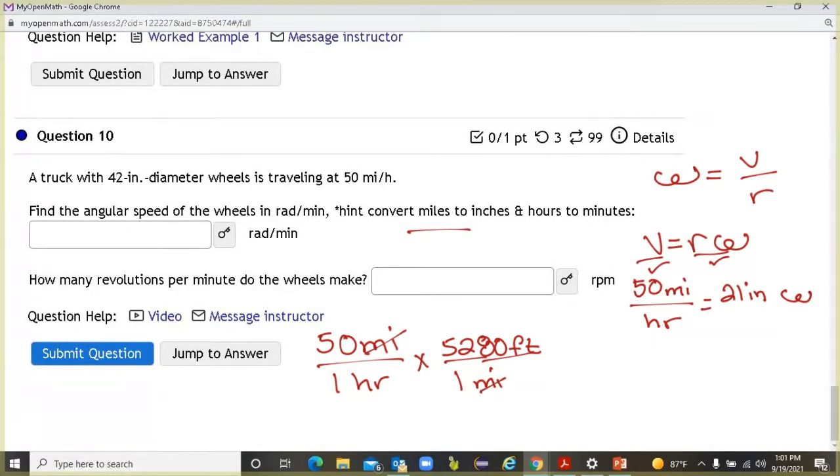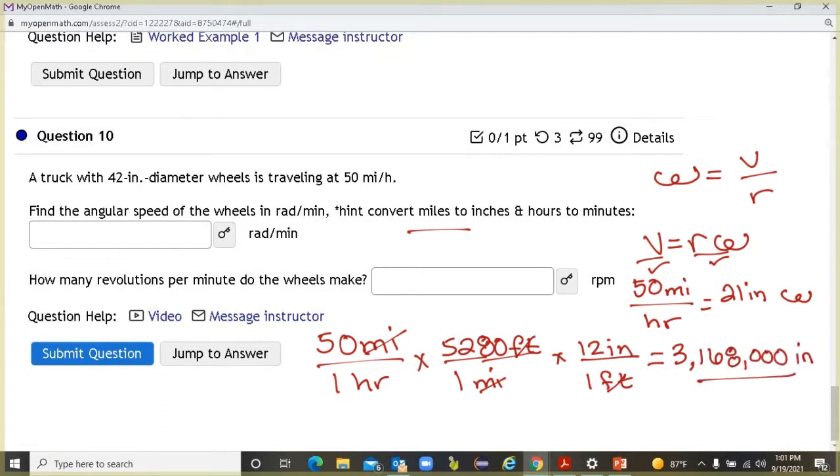I am now in feet per hour, but I know that there are 12 inches in 1 foot. So now my feet cancel. That makes perfect sense. And we can see, 50 times 5280 times 12. Whoa, this is big. Okay, 3,168,000